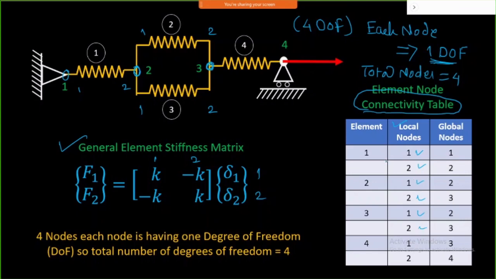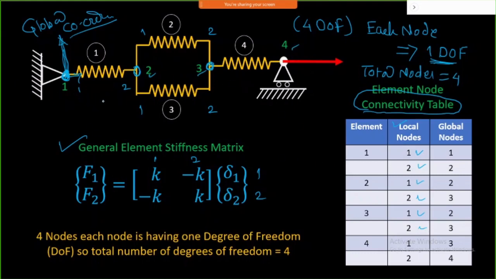But ultimately you want to assemble it. That's why I have to have one coordinate system sitting at the base of it. I can have one coordinate system here, that is, I can say, a global coordinate system. And in this global coordinate system, I can start numbering 1 from one end, and I can go on numbering till the final node comes to the end of this. So that way I can have node number 1 here, 2 here, then 3 here, and 4 here. These are the global node numbers.